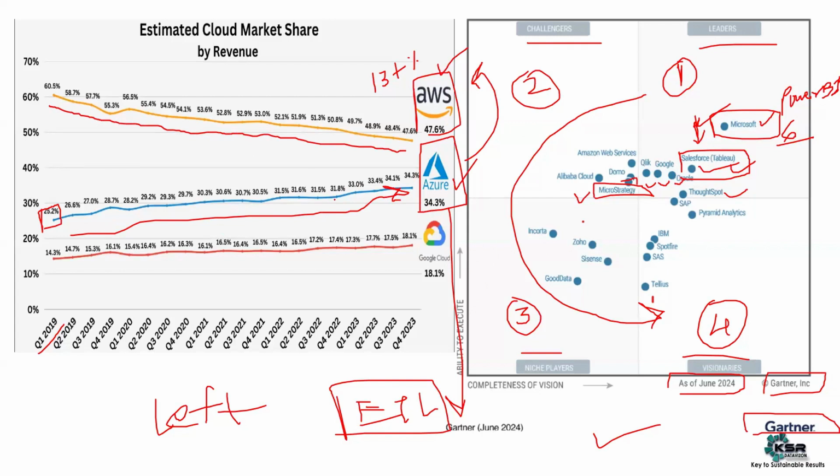And if you see, there is rarely a dip in Azure. Only one dip is available, this dip, from 28.7% to 28.2%, a dip of minus 0.5%. Apart from this one dip, wherever you go, there is an increasing trend. Almost all increasing, with a small dip here also, but there is always an increasing trend. It increased from 25 to 35%, and AWS has come down from 60 to 48%.